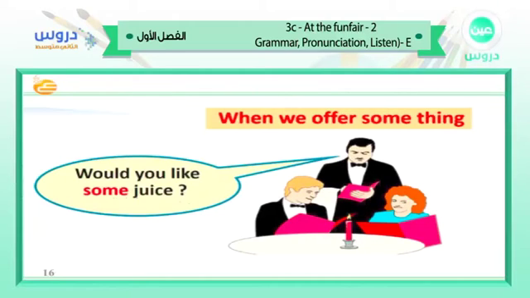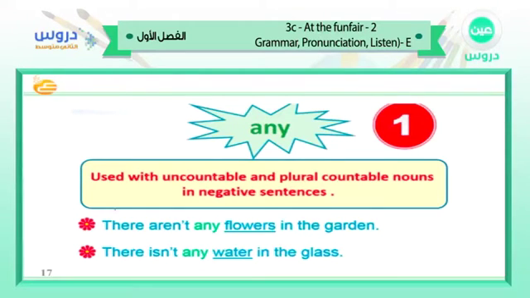Okay, any. We use any with uncountable and plural countable nouns. Don't forget that. In what? A negative sentence. This is very important, everybody, to know it's a negative sentence. In some, it's affirmative. It means yes. Negative means the sentence says no. Don't forget that. There aren't. Very important to note,